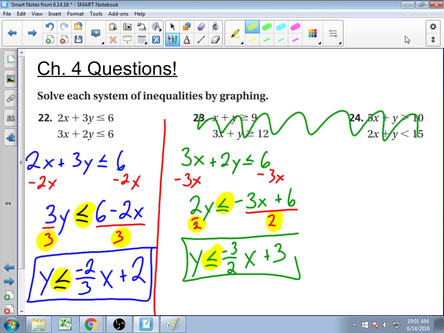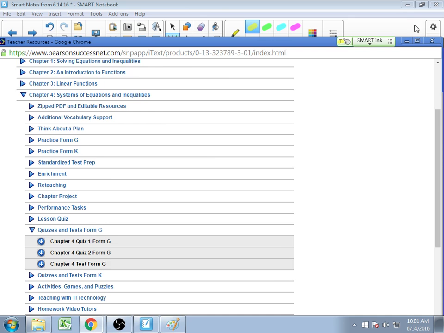You could graph them on paper. This would not be that hard to graph. You have your y-intercept and you have your slope. But if I want to do it through Desmos,